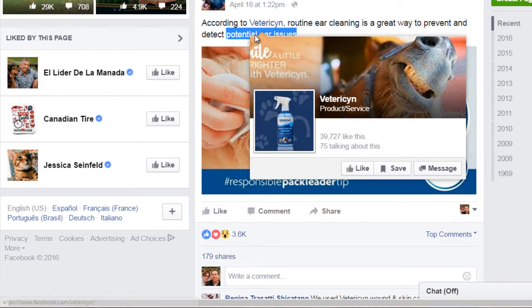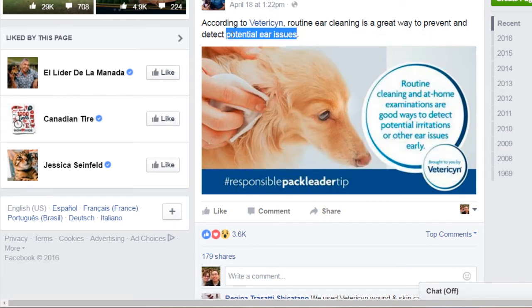And then from that point, you can talk about a partial resolution. You can bullet point, talk about potential ear issues, maybe common routes that people take, and why maybe those common routes may not be as effective. And then you can lead them on to your product or affiliate review.